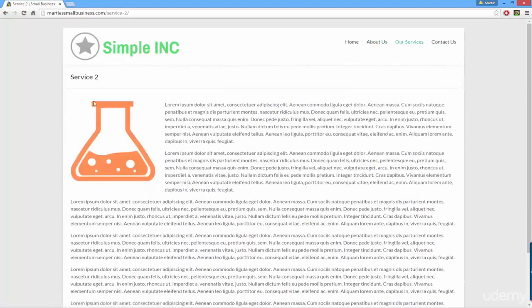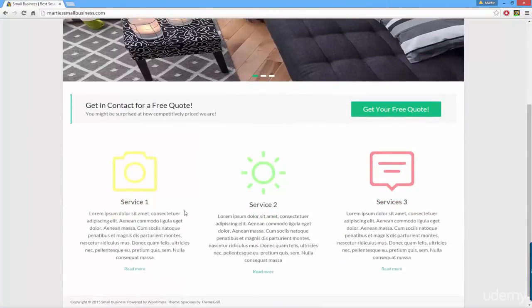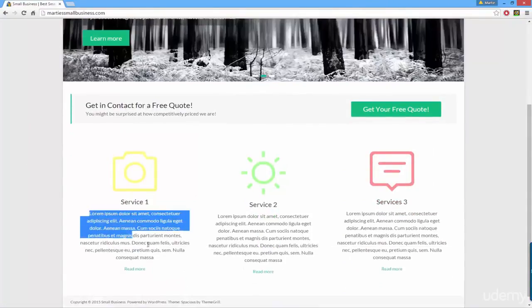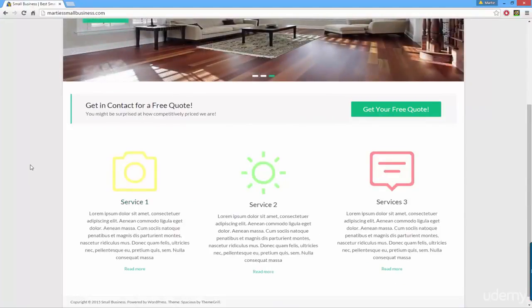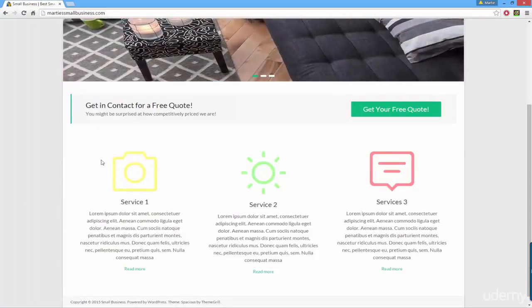I'm also going to show you how to add different services pages and link them to your home page like this. So this will be the first 100 words or so of each of the pages that the home page has been linked to. I'm going to show you how to add these images into the home page as well,